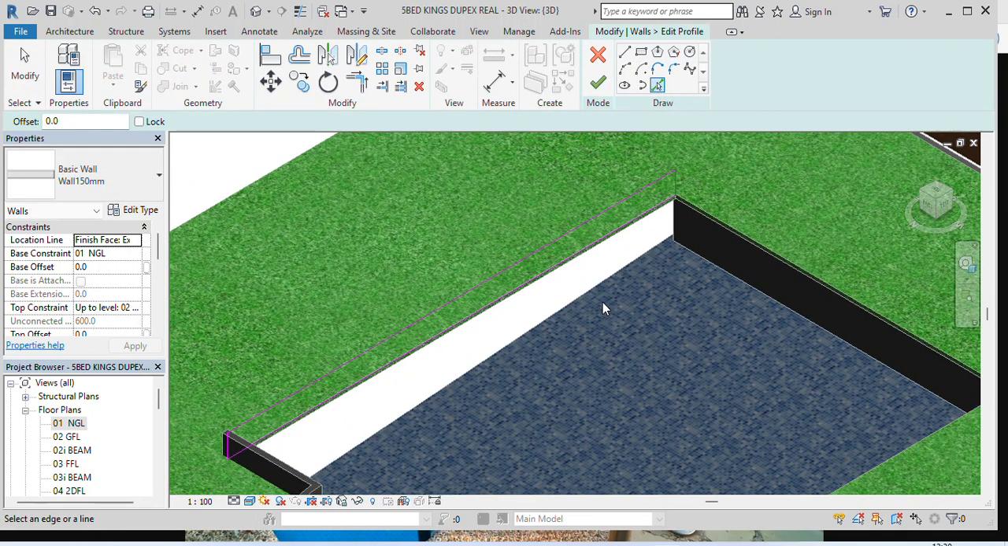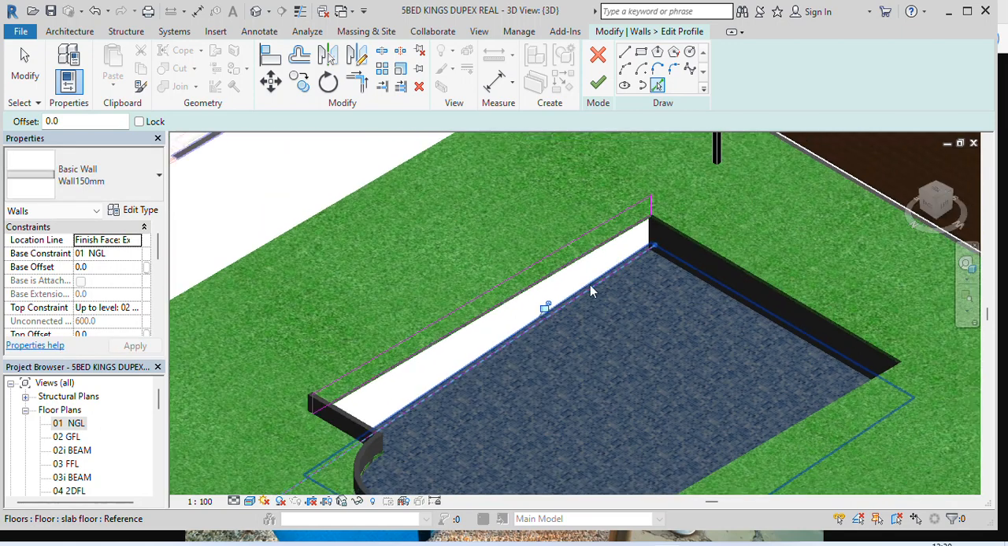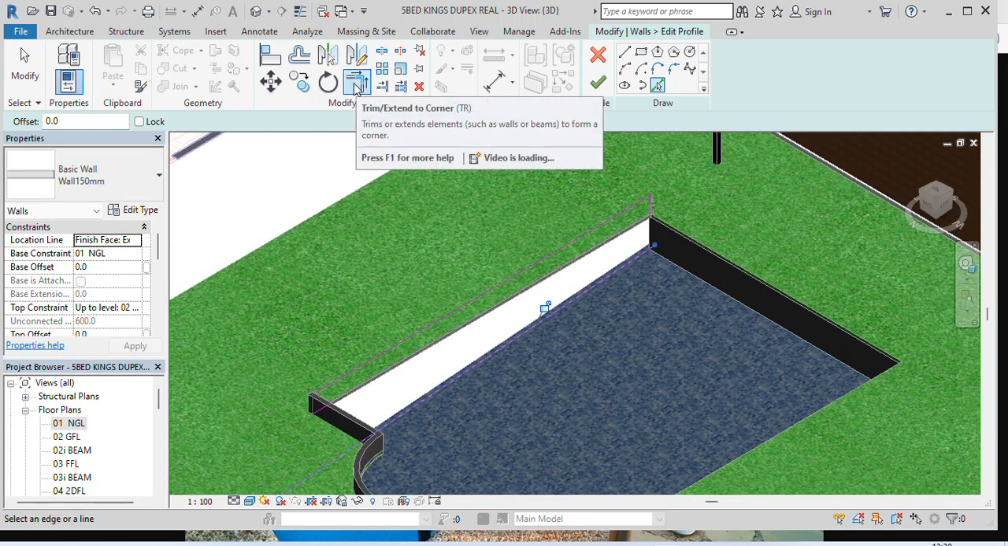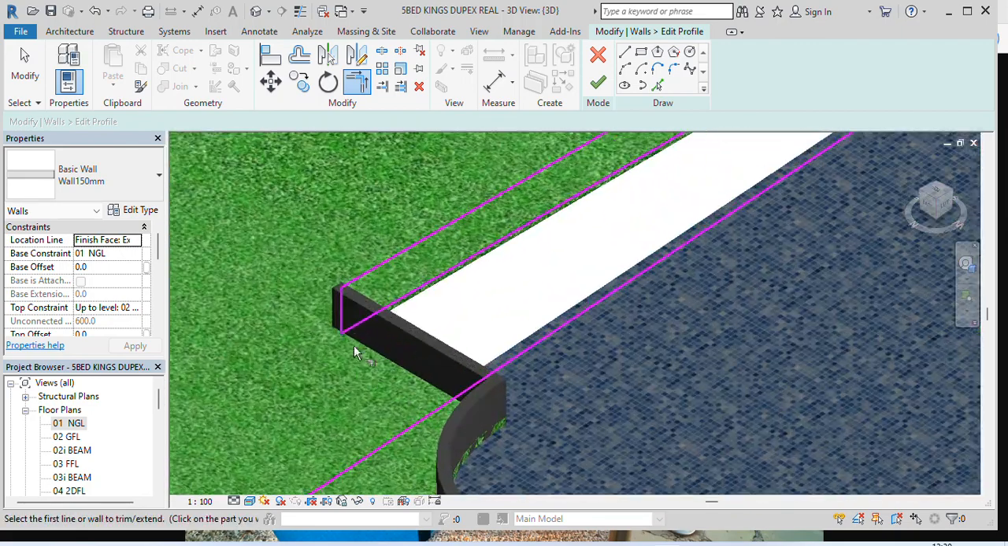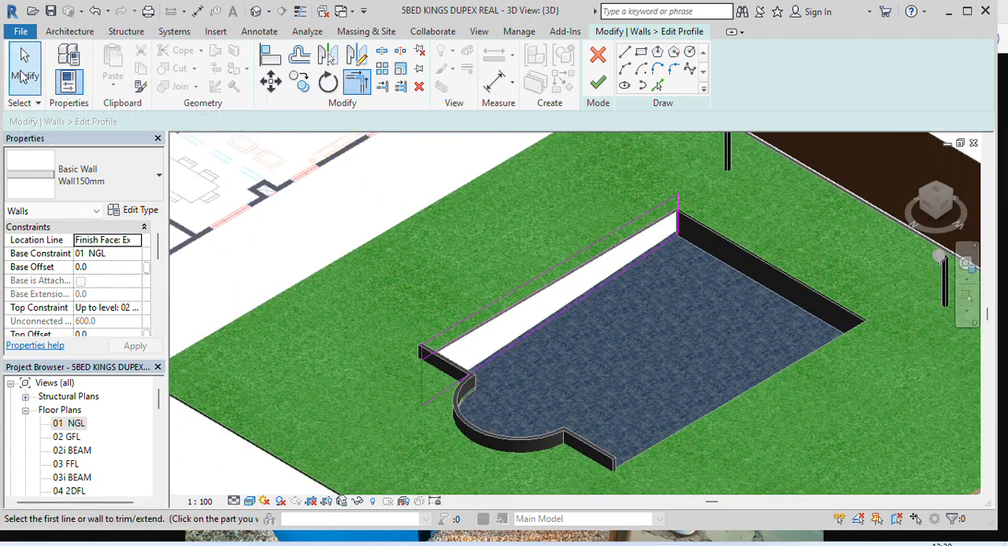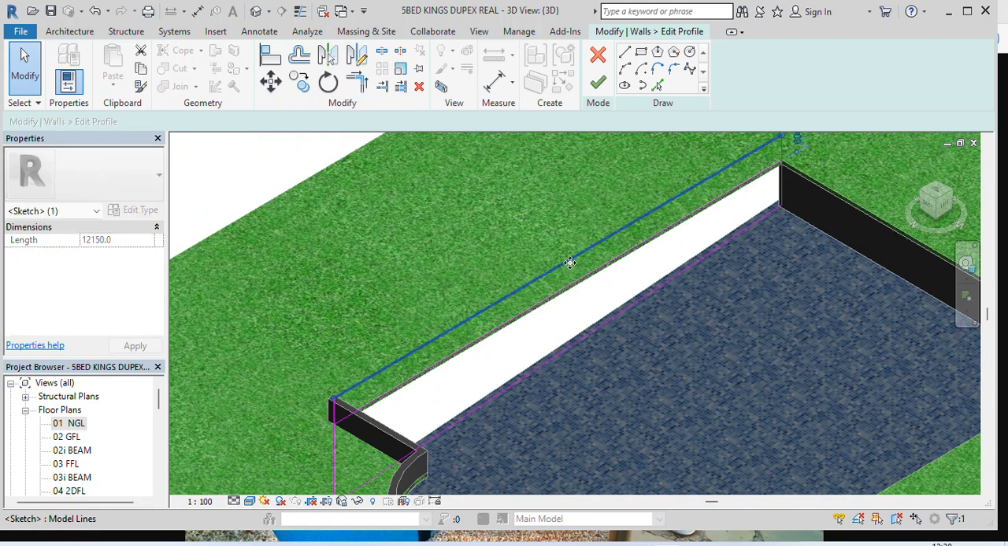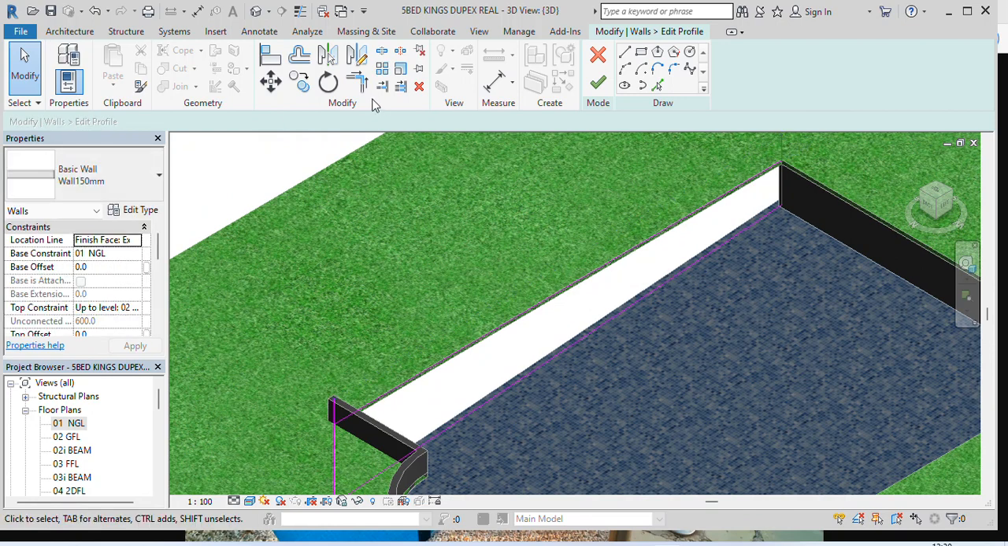pick line, click on the edge of the floor, click on trim, click on this vertical line and click on this, click on the vertical line and click on the bottom line, click on modify to end, click on the top line and delete. Go back to trim,